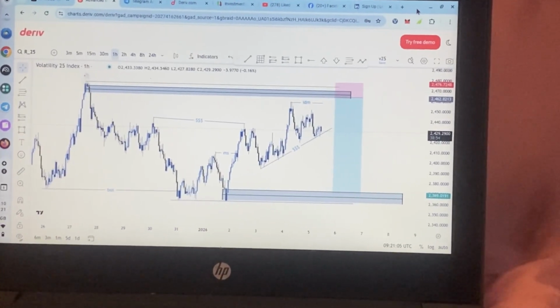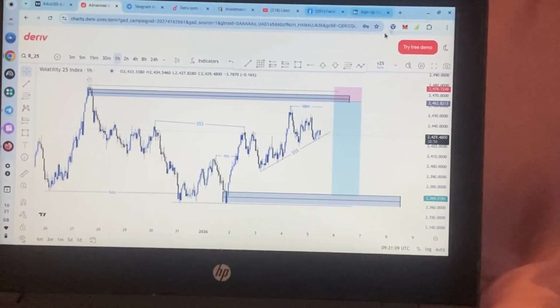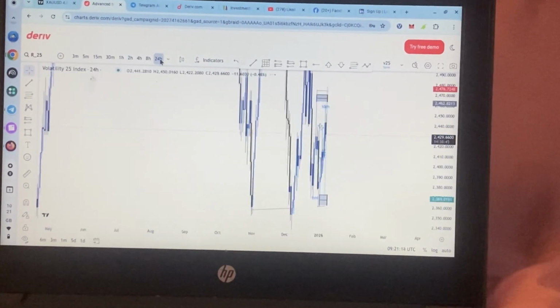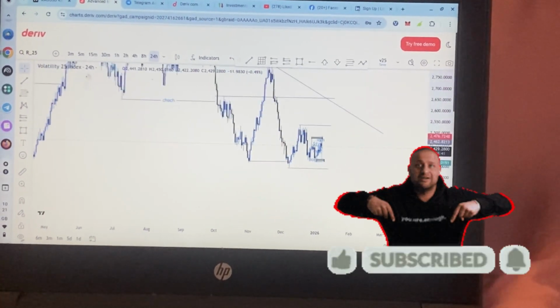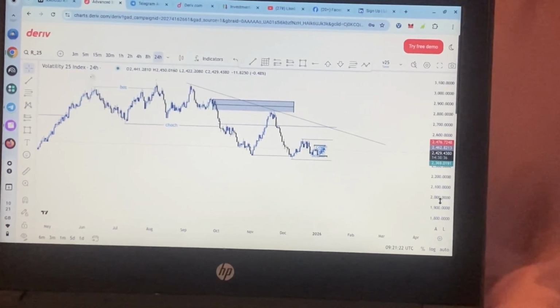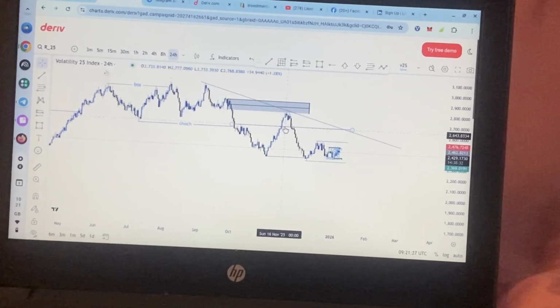So guys, let me show you the setup on this V75. Now let me go to daily time frame for you to know what we are actually looking for. If you look at this, these are some zones I've marked out. This is just simple steps on how to analyze